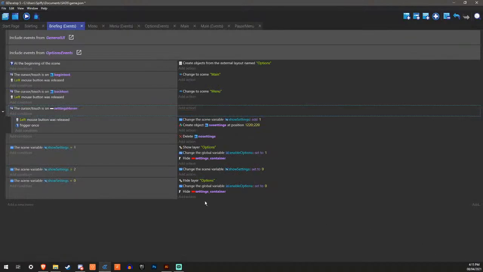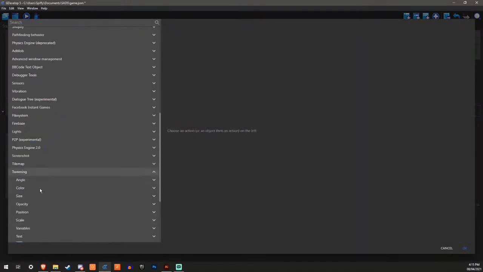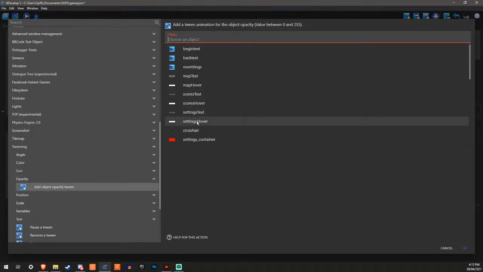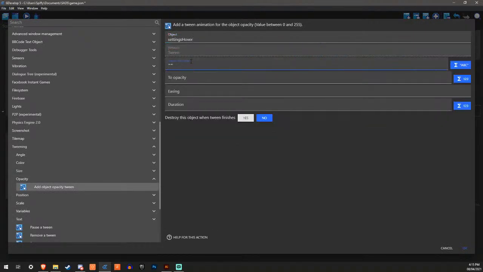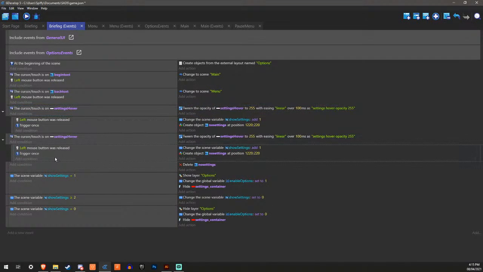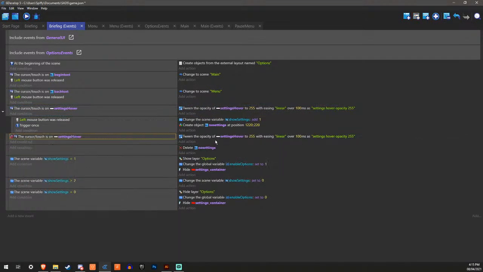Now, what was I going to do? Oh yeah, it's going to tweak between the opacity. Call it like settings of opacity 255. Cool. And now when it's not, it's 0. And also change this name to 0 2. Nice. And now, there it is. You can click on it and it'll do that. We'll turn it up and then off, but I don't actually want to do that. I want to